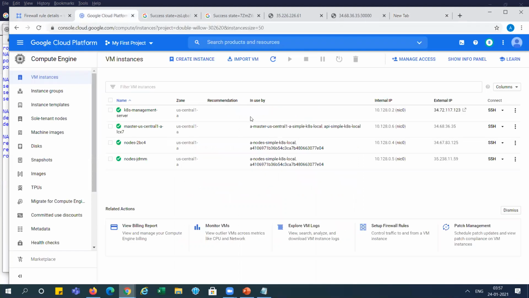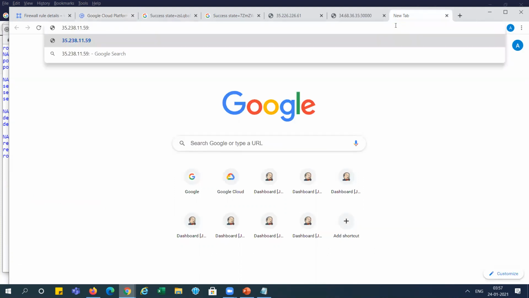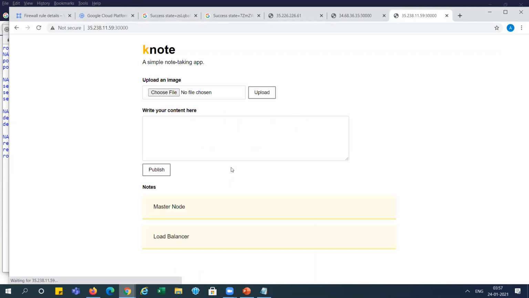Okay, now we need to check it from node 2 and node 1 also. So I am taking node 1, copy, 30,000. You can see we are getting this message because it's storing in the database. So we are writing node 1 here, and I'm publishing it.